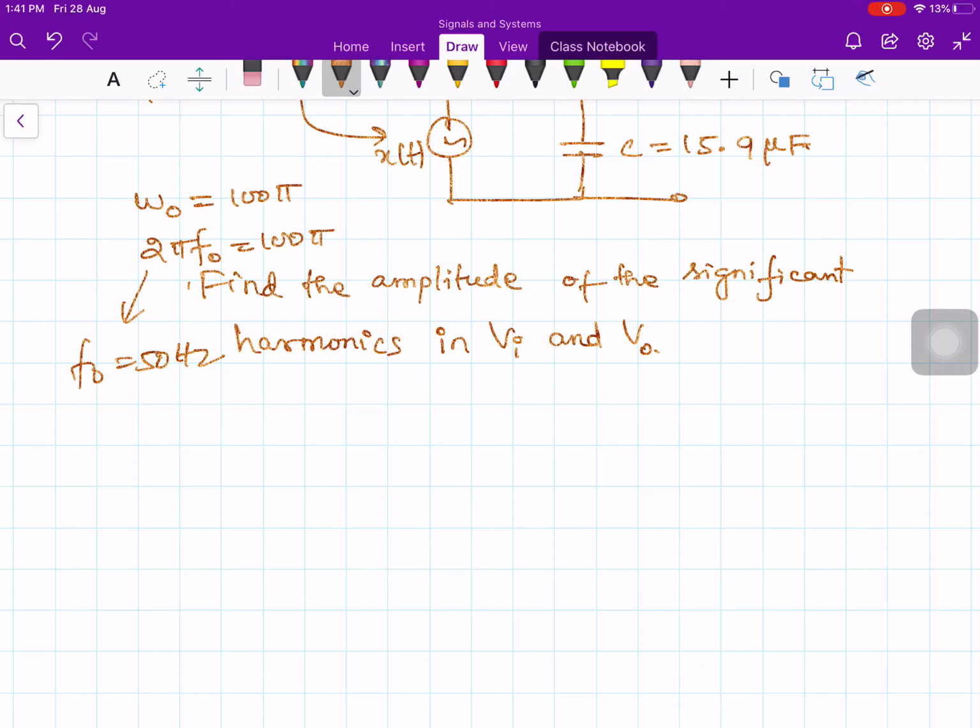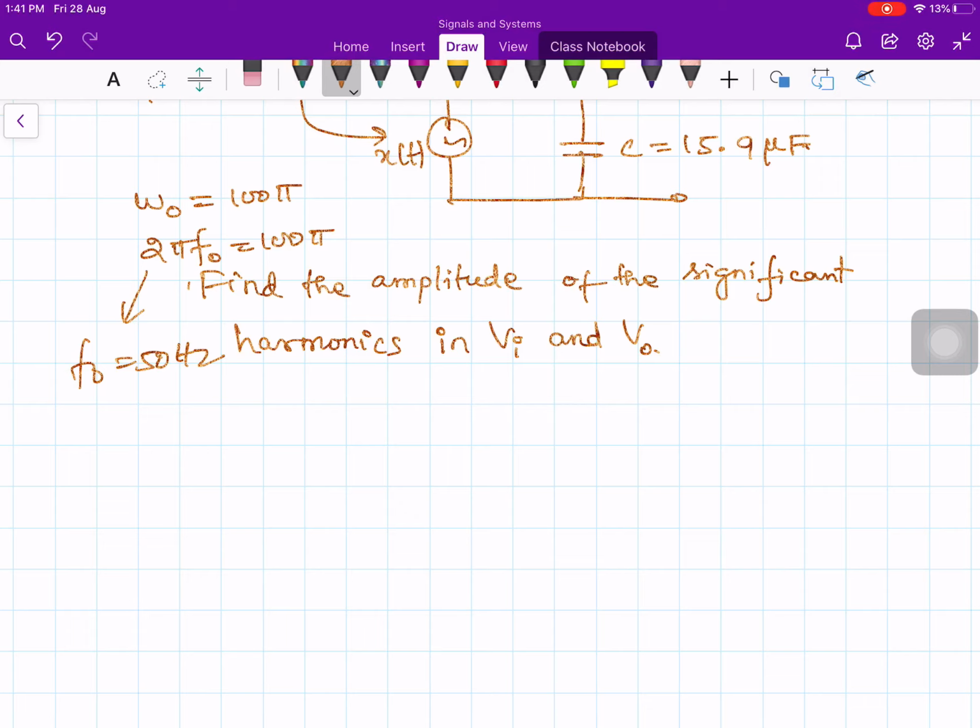So in a problem like this, we are only interested in knowing the magnitudes of the harmonic components in the output voltage V0. So for each harmonic, we apply the phasor notation and phasor algebra. Now we know that the input can be expressed by means of Fourier series using the result that we obtained in the previous lecture. So in the previous lecture we considered just this kind of wave, half wave rectified sine waves.